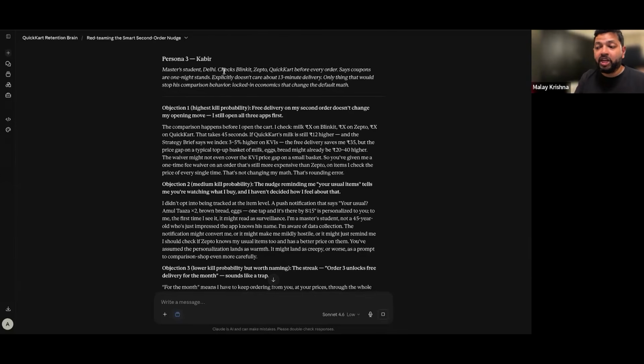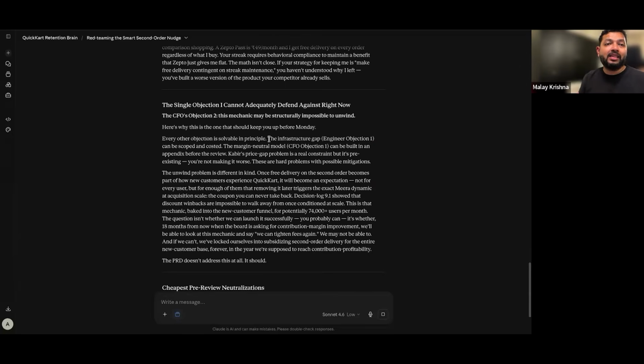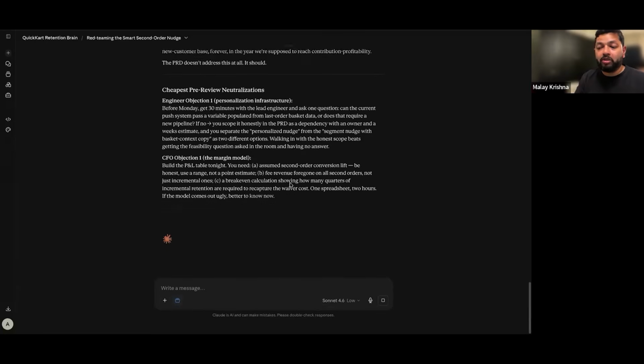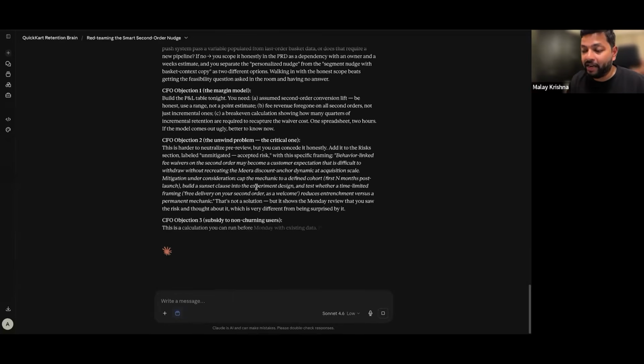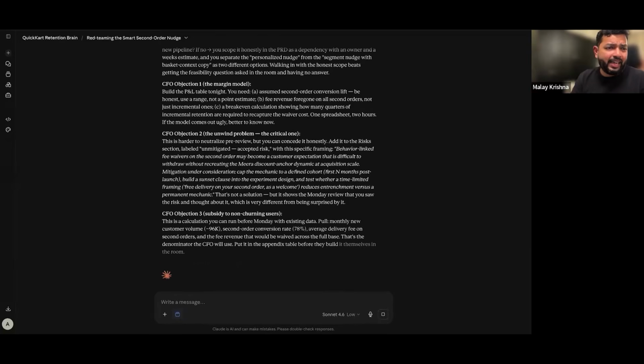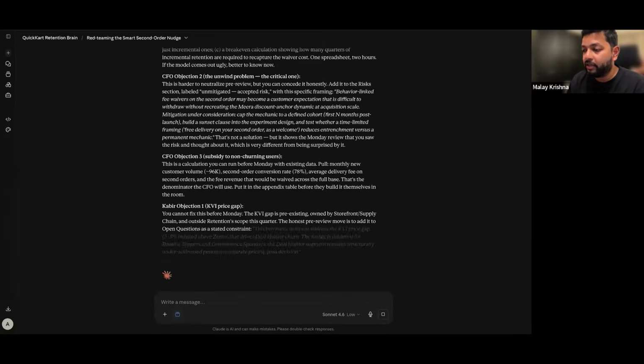So this will train them to time their order to always get discounts. From Kabir, they check Blinkit, Zepto, and all of that. So they will say that, hey, free delivery on my second order doesn't change my move. I will still open all three apps. So this is basically the red team. This will find loopholes and plug them and figure out what is wrong and what is working and all of that, right? So this is how the red team works, and this is how you can use Claude as a validator, right? The second way in which we can use Claude as a validator, like I said here as well,